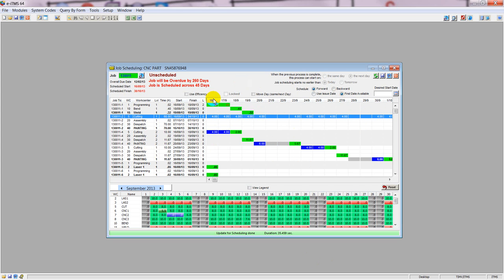So, in this window here, what are the options? We've got some options about how you do the scheduling. You can schedule forward from the first date available. So that can be a default. When I go to do my scheduling, I want to pick up the first possible date and start from there. Or I can use what's called the issue date. And the issue date in this instance is the same date, but the issue date can be